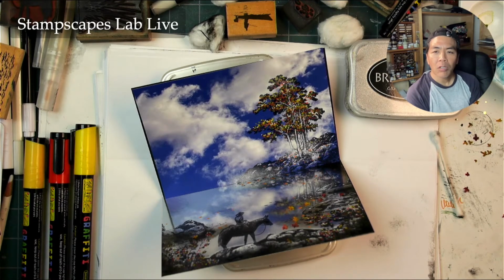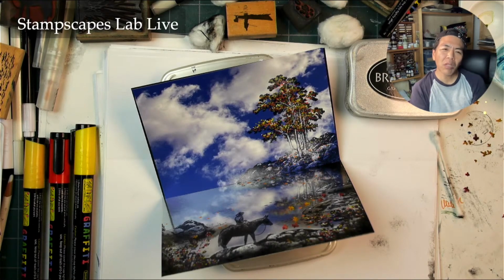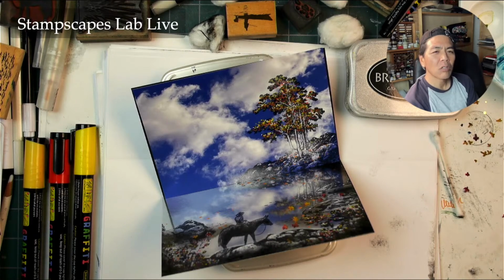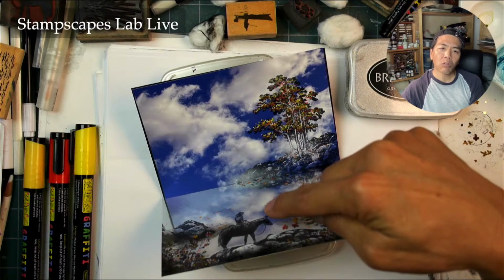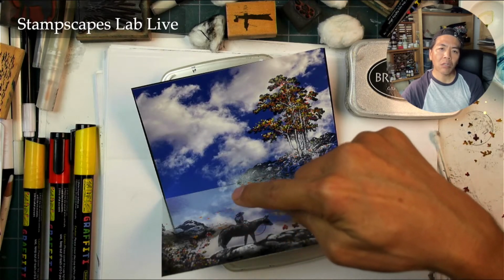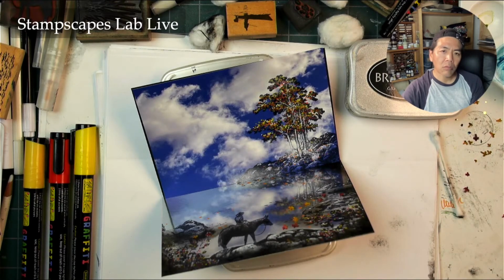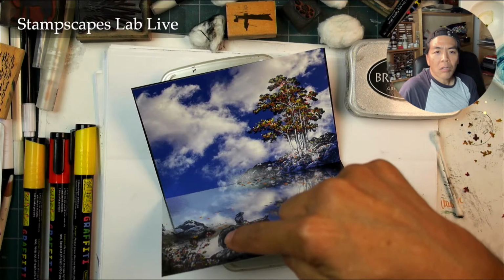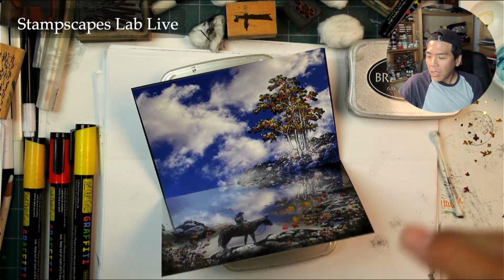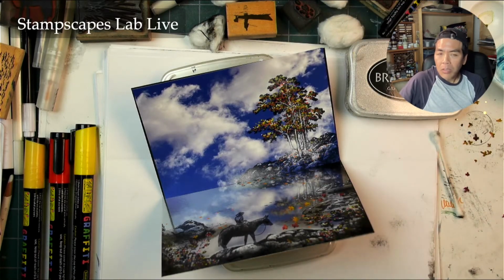So anyway, should the horse and rider have some white highlights? You could, yeah, maybe. It would be a little bit awkward for me to add that on there. It would really stand out though. And see the horse, I've put it here because it's against all of that lighter reflection area. So it already has a pretty good highlight. If I put white right in here, I would do some additional carving out of it, because it would look kind of, even that white